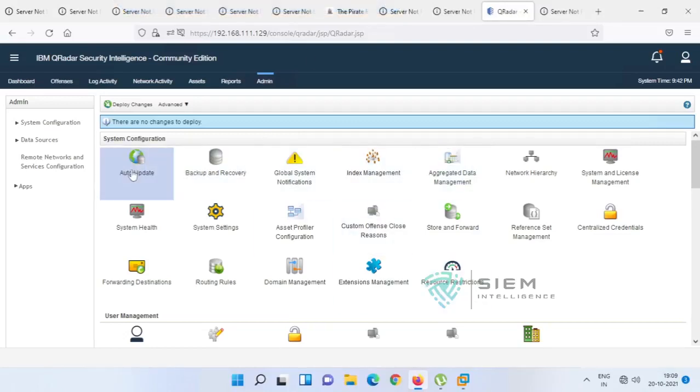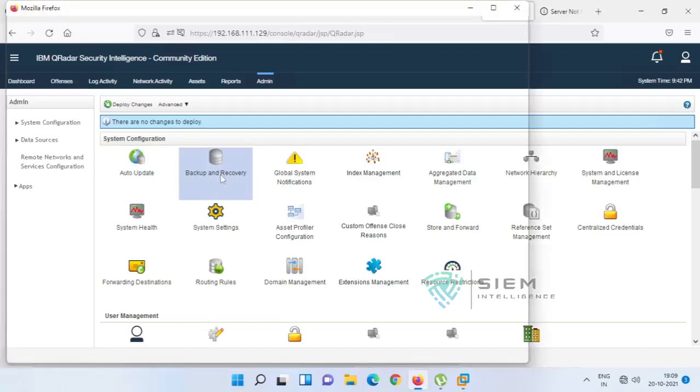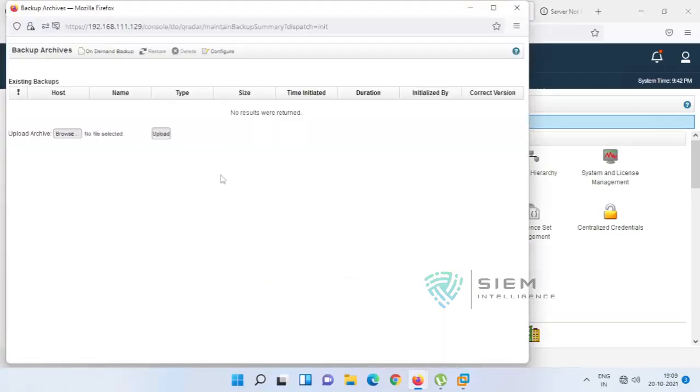So we have seen that auto update. Now there's backup and recovery. For every operating system and application, we can take the backup of so many things. There are two kinds of backup: one is total backup, one is only configuration backup. When you are taking the configuration backup, it will give only the backup of PostgreSQL only. But when you are